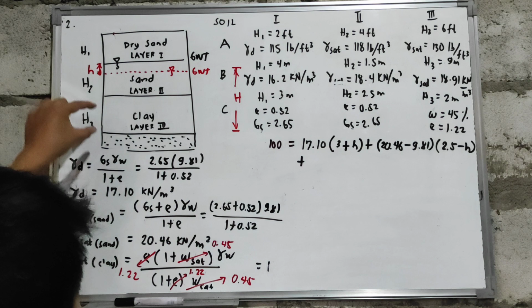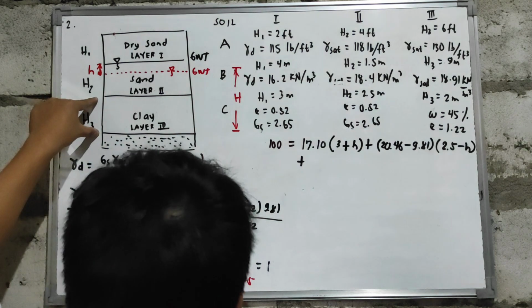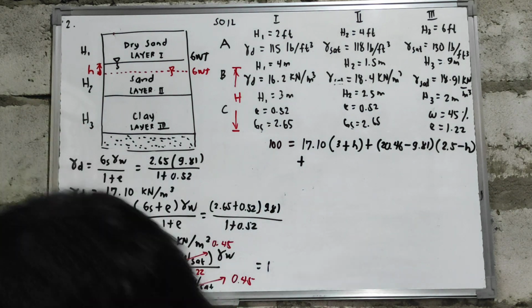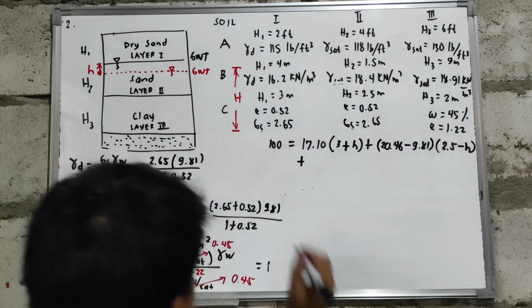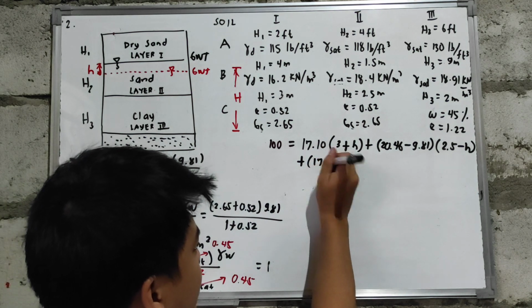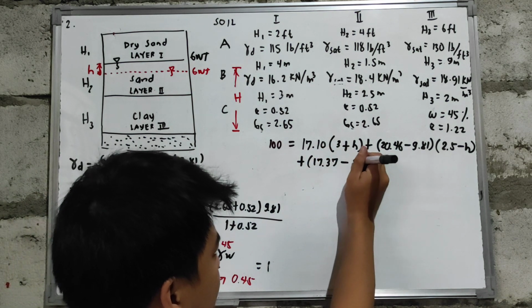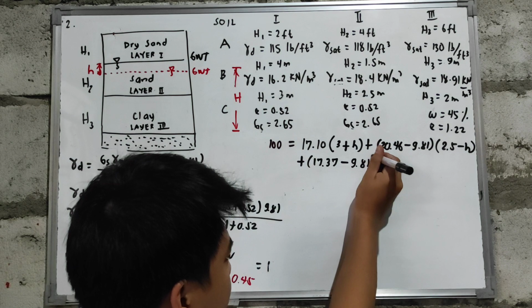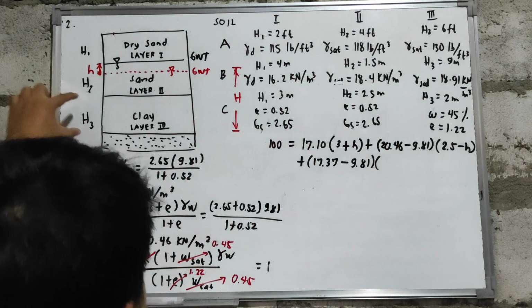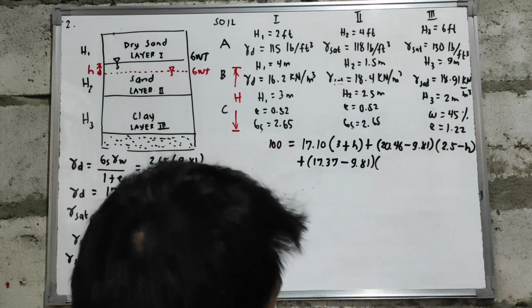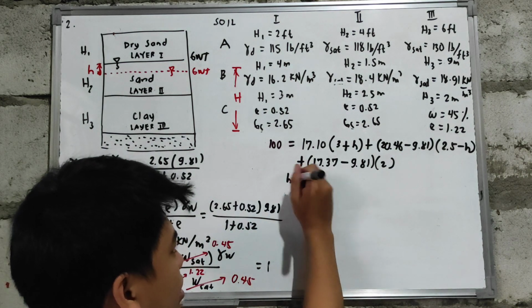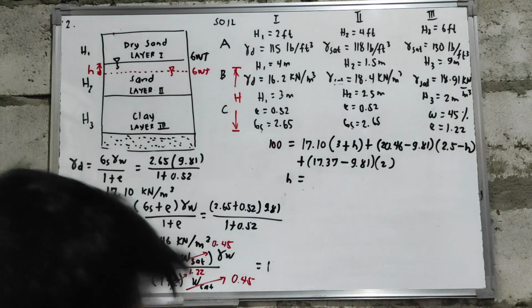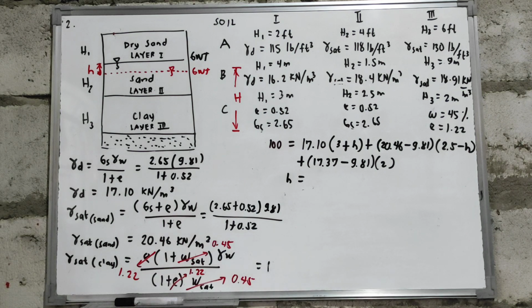Plus, lastly, yung clay layer natin having a saturated value which is equal to 17.37. So you have 17.37, i-less natin yung tubig na 9.81, multiplied by yung h sub 3 na lang which is equal to 2. So by shift solve, we can now calculate for the value of your small h which is equal to